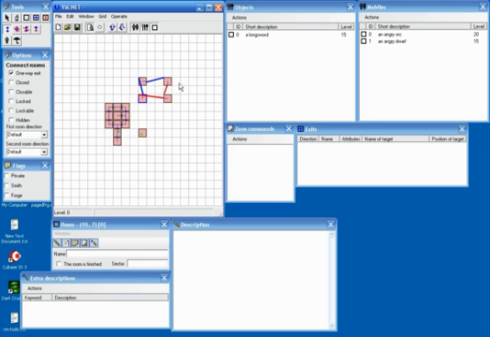Let me rephrase that. The fact that these blue and red lines now go to the top left corner of the target room means that there's no exit in that room that would lead back to the original room. And you can also see that the line is only colored just red or just blue if there's just a one-way exit. If we create